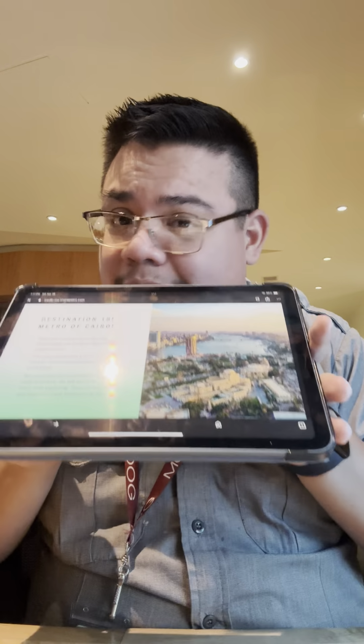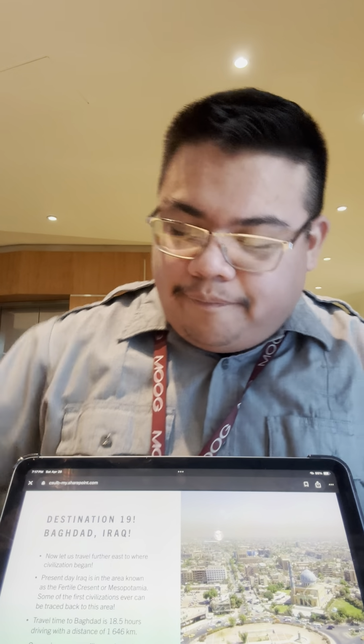There's a lot of shops and outdoor markets within Cairo. It's really big for that. A lot of good food, music, and it's just a lot of culture and history. And I figured, why not? This would be a beautiful area to explore. We have ancient Egypt, Cleopatra. So welcome to Cairo. And then after Cairo, we're gonna go eastbound, and we're going to be going to Baghdad,